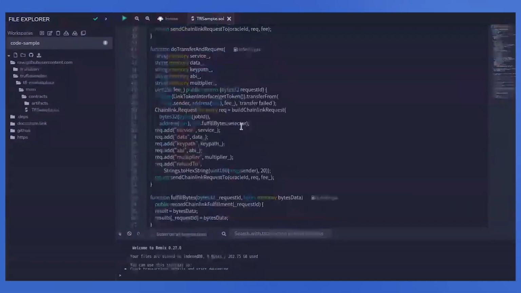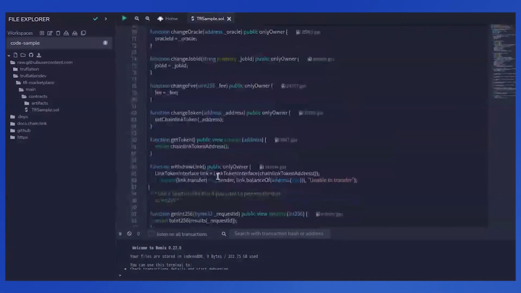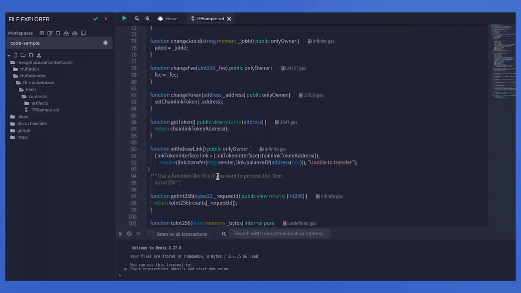This also sends the response to fulfill bytes to process the data. One of the issues that happens is that when you get back the information from the server, it returns it in terms of bytes. Now, it may be that you actually want to convert that to a number. And so we've got